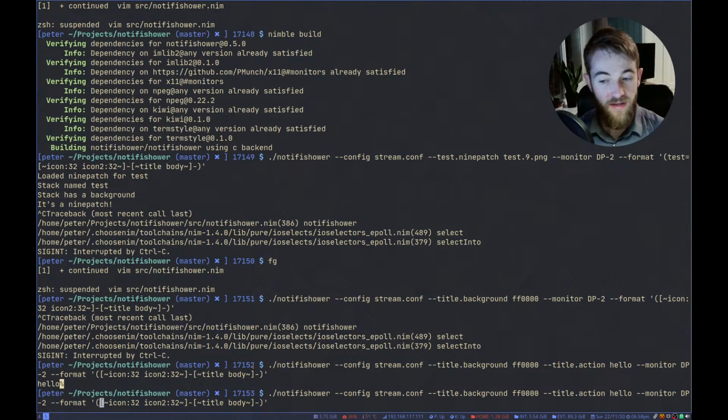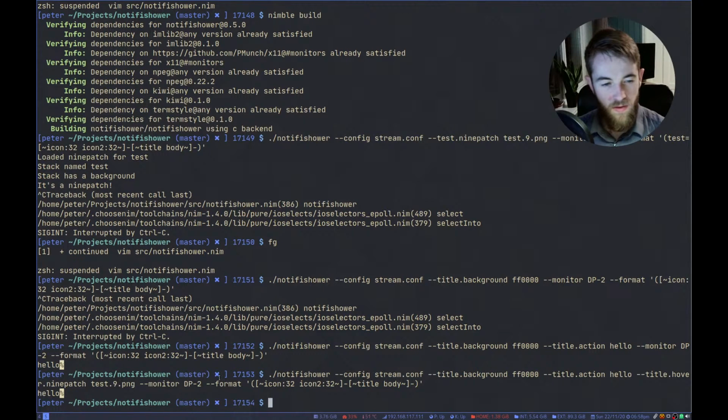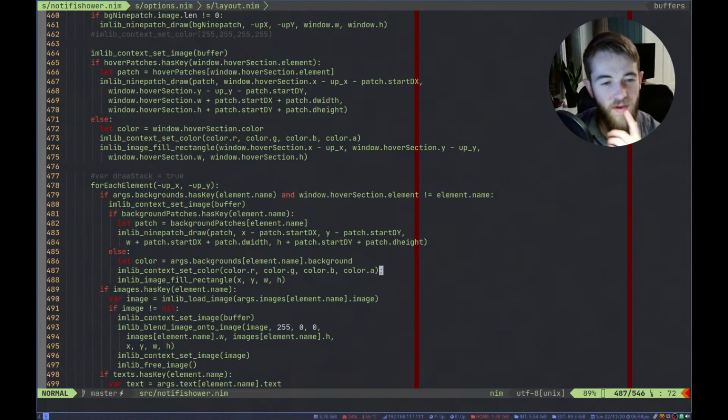But I want the hover to be a 9-patch, so I say title.hover.9patch is test.9.png. And that worked. I thought that would have failed because now it has it loaded. What?